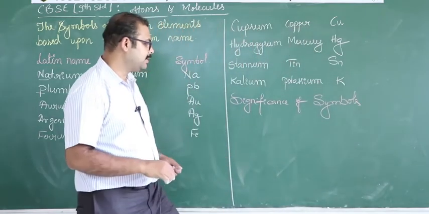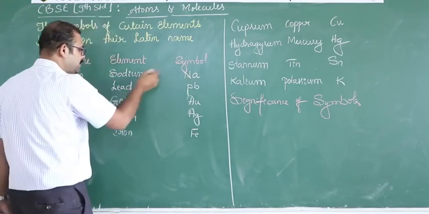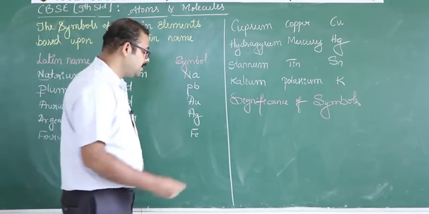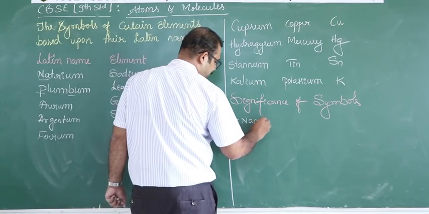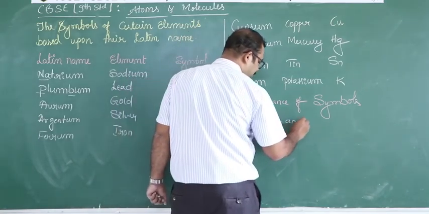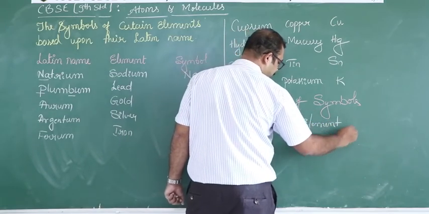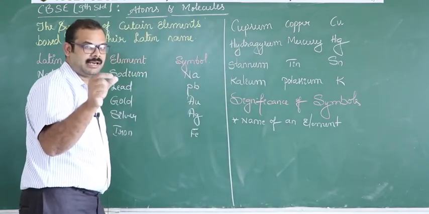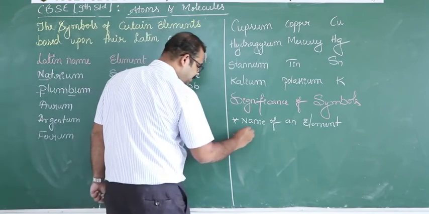Significance of symbol. An element, say for example sodium, the symbol represents the name of the element. A particular symbol of an atom represents the name of an element. Then it represents